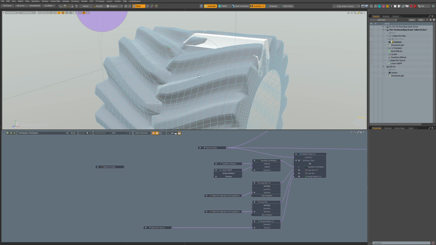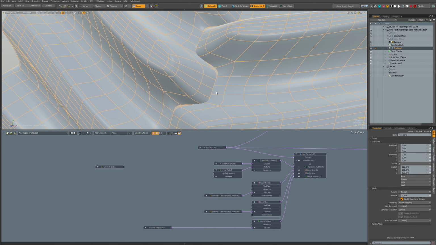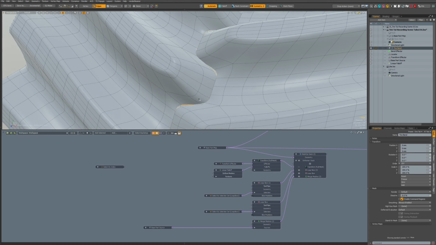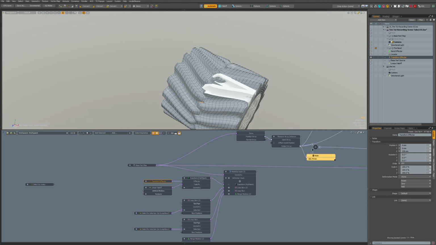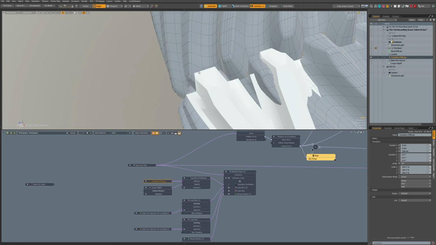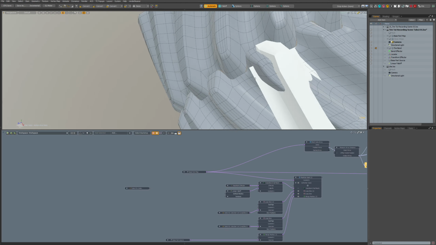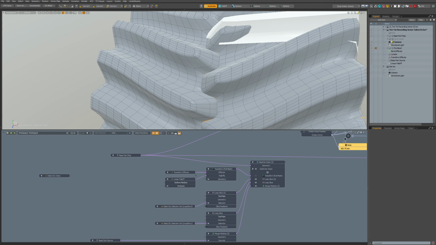So one problem we have is that our mesh isn't matching anymore. That is because our transform effector twists this part, and it should not do that. So I'm not sure.